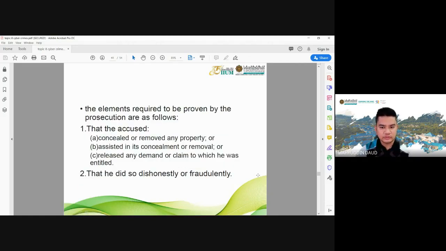So the elements required to be proven by the prosecution are as follows: the accused concealed or removed any property, or assisted in its concealment or removal, or released any demand or claim to which he was entitled, and he did this dishonestly or fraudulently. This is so broad in a way that it can fit into the scam as far as a scamming case is involved. Selalunya kalau scamming or any